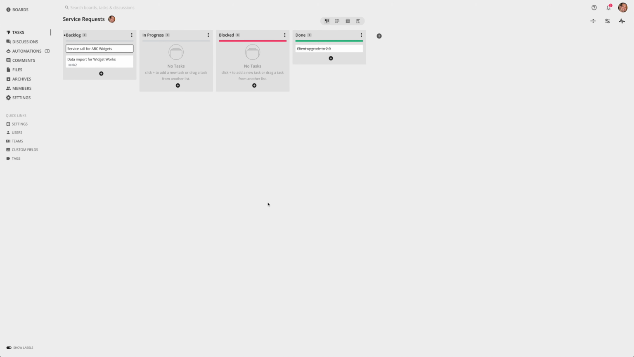This video is about the basics of mirrors, how to create a mirror. We have a couple different ways to create a mirror, so we'll go over both of those. So a mirror is basically a reflection of a task. That means that a task in Rindle can live on multiple boards at one time and go through multiple workflows